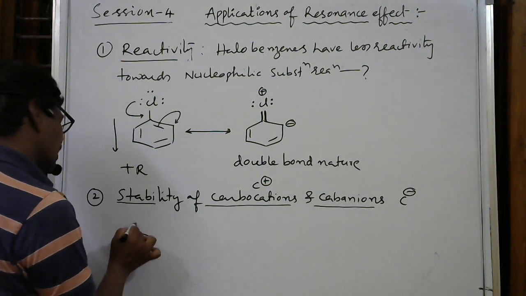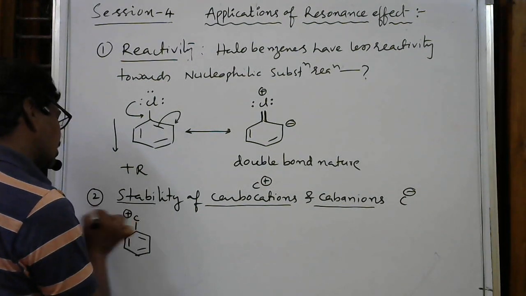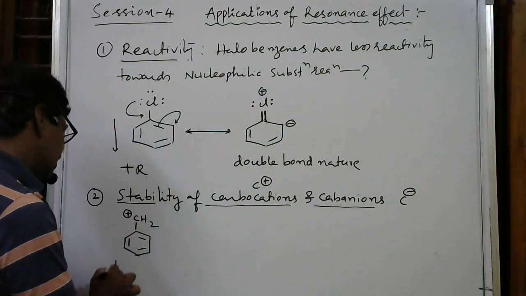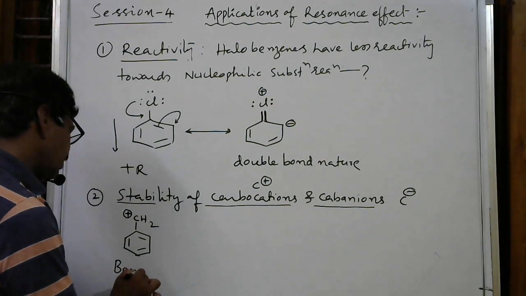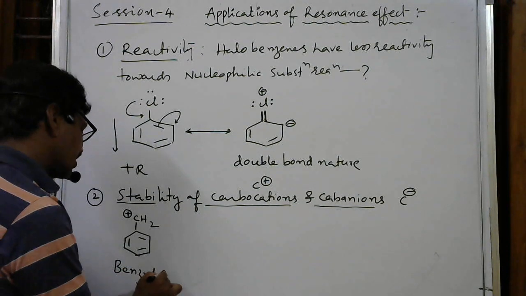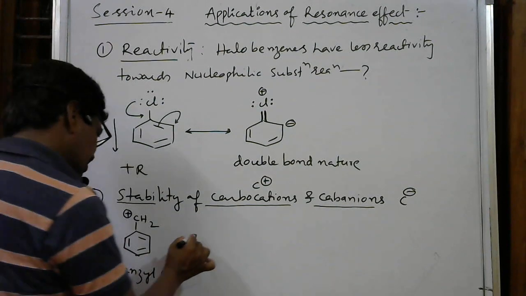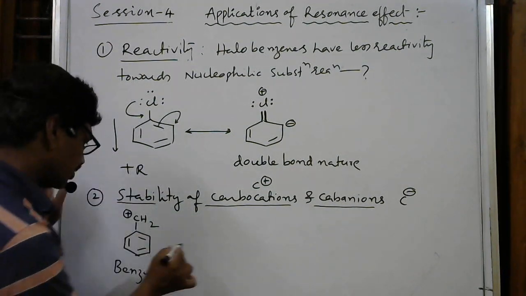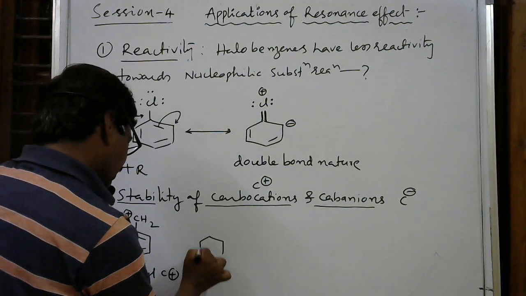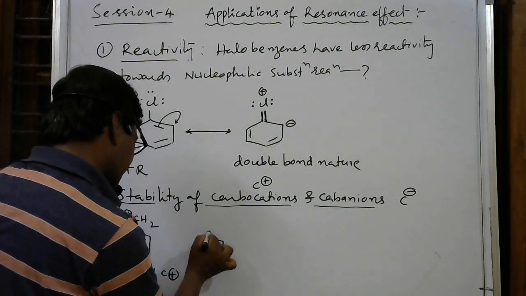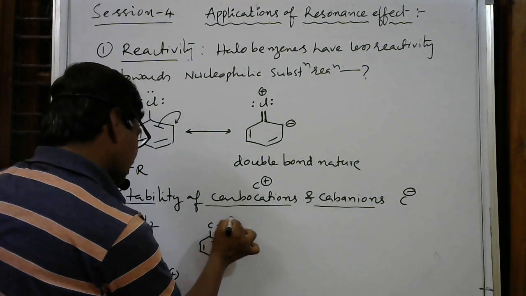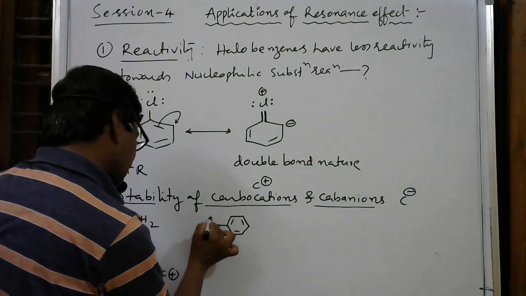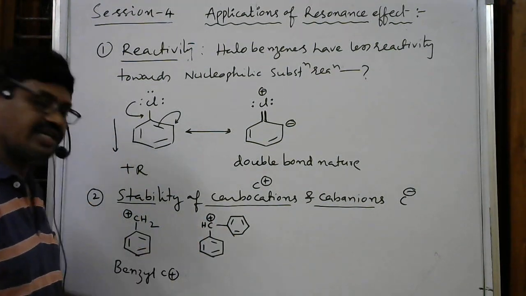See, this is a carbon with a positive charge on it. This is called the benzyl carbocation. Then here is the diphenyl one. This is a phenyl group. I am taking one more benzene here on a carbon like this. Here is the CH carbon. This is the diphenyl carbocation.